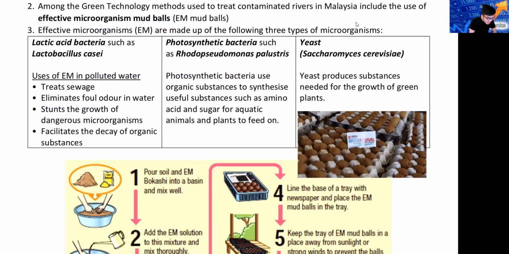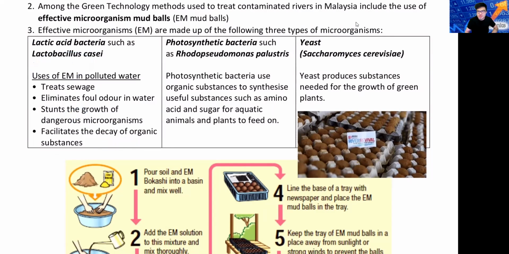Not only that, they will take nutrients from the bad microorganisms and make them not grow, stunting the growth of dangerous microorganisms. This is why they say drinking Yakult, drinking Vitagen, eating yogurt makes your gut healthy, right? Because if you eat yogurt every day, most likely you're not going to get food poisoning. Why? Because all these bacteria in the yogurt take all the nutrients from the bad bacteria, and then they can't grow in your gut. In fact, all these healthy bacteria will start growing in your gut, so your gut will get very healthy. And of course, they also decay organic substances. So these are good bacteria. They live in your stomach.